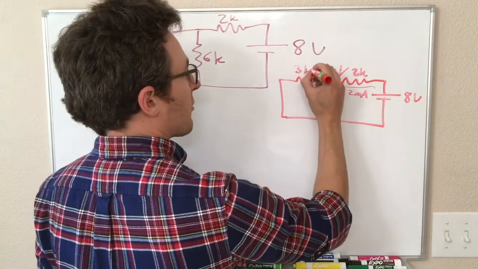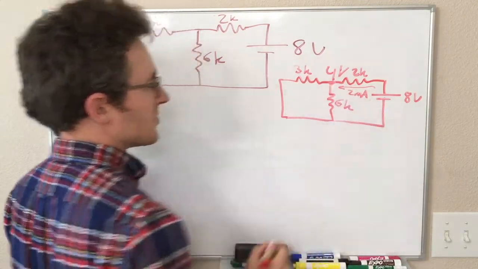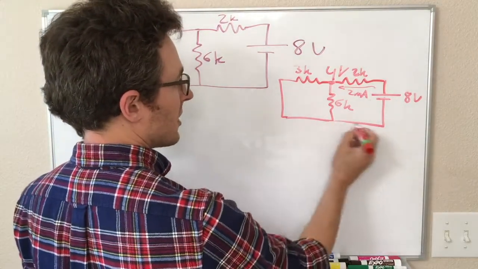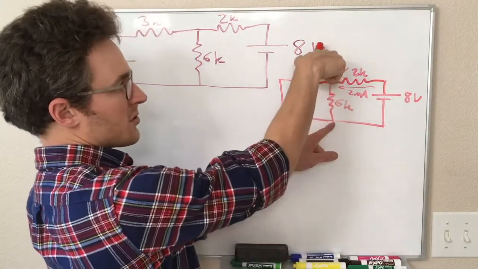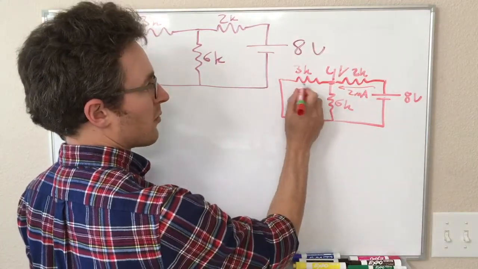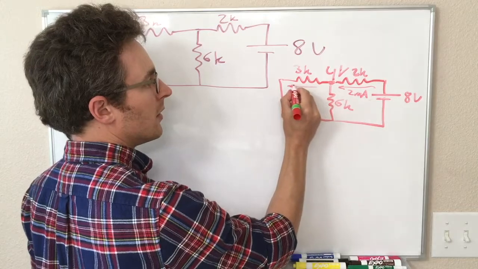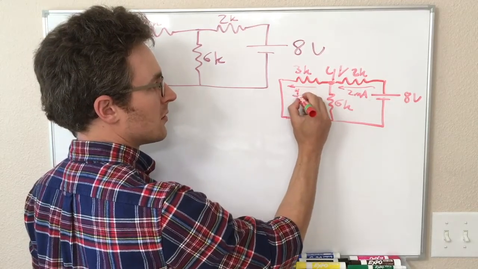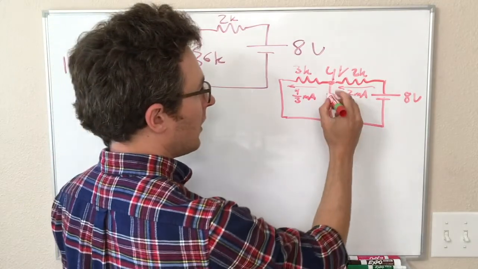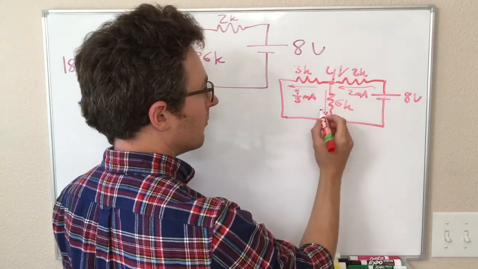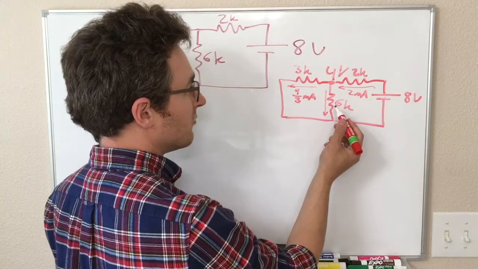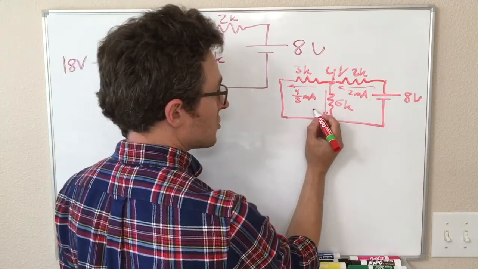My 3 kilo ohm and my 6 kilo ohm resistor also have 4 volts across them, right? If we're calling this 0 volts down here, this has a difference of 4 volts. This has a difference of 4 volts. So that means my current through the 3 kilo ohm is 4/3 of a milliamp. We'll keep this exact for now. And through my 6 kilo ohm, it is 4/6, which is 2/3